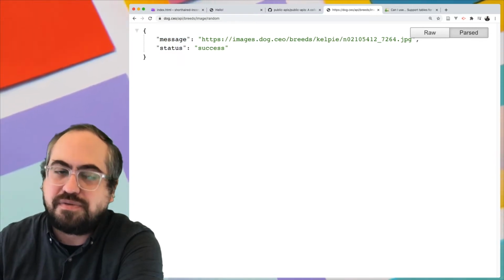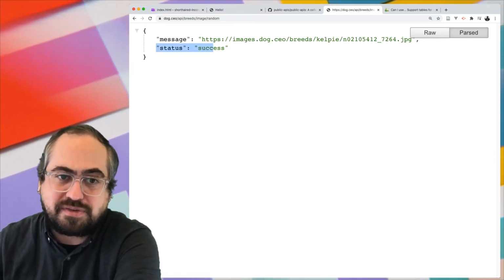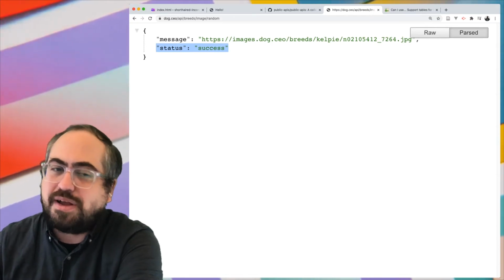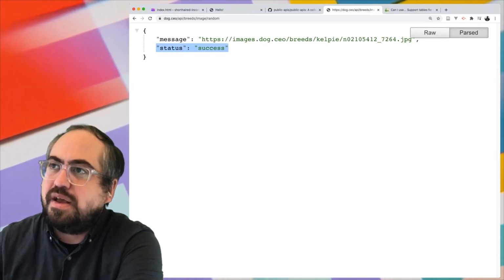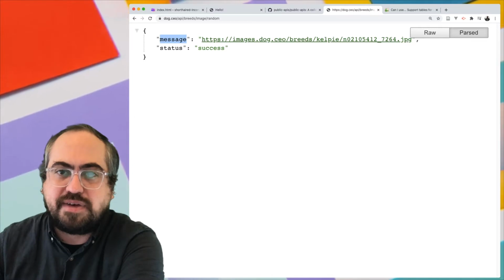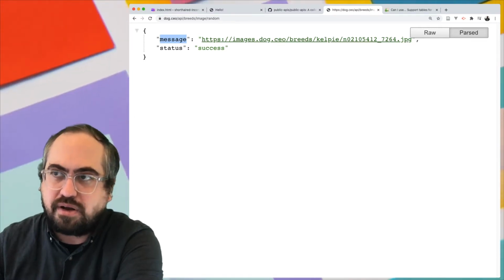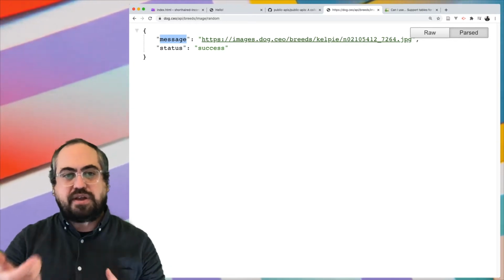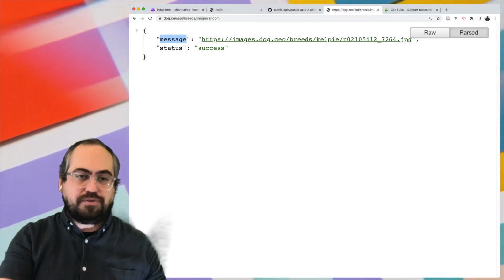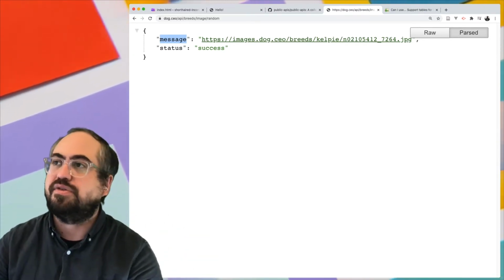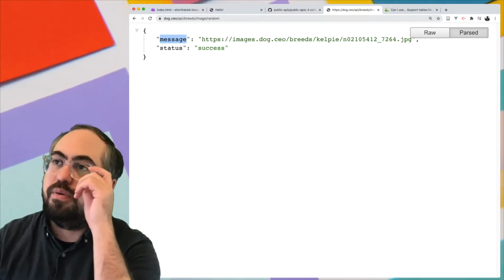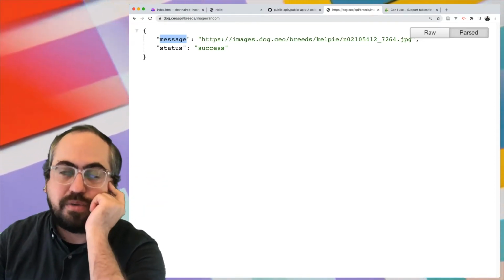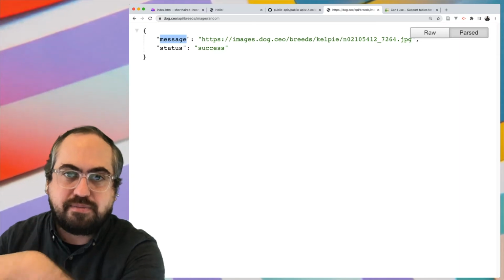And so the status is if the API request was successful or not. I'd imagine it would always say successful. And then the message key value is the URL to the dog image, right? So it's not returning the image itself, it's returning a URL you could go to get access to that image. All right, so first things first, let's write some code that actually talks to this API and returns